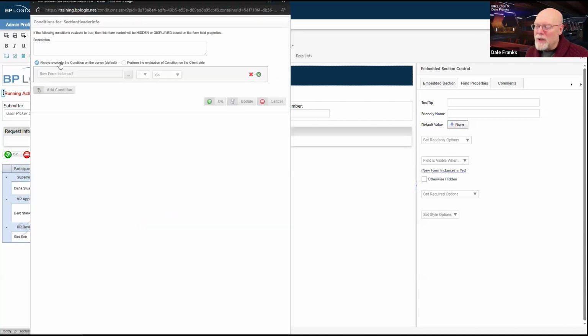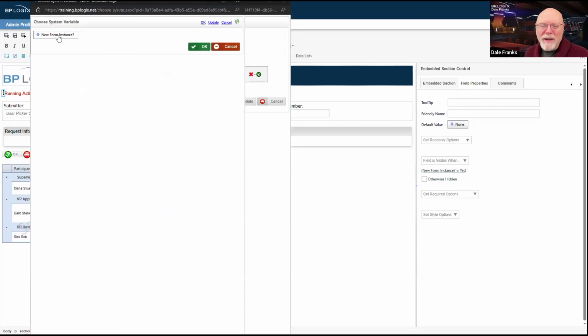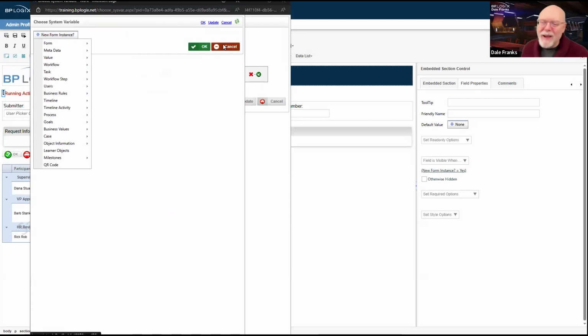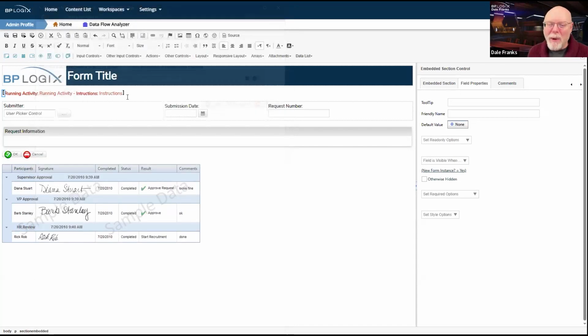And I want to change new form instance. As I think about it, that's not a great condition because I only need this section of the form. Well, before we do this, let's talk about why this is here. I only need this while the process is running, but I do kind of need this while the process is